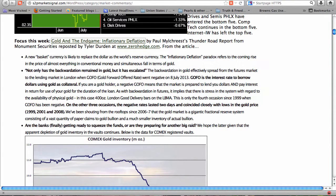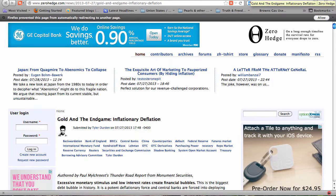Focus this week: Gold and the Endgame, Inflationary Deflation by Paul Mylchreest's Thunder Road Report from Monument Securities, reposted by Tyler Durden at www.zerohedge.com. From the article, quote, "A new basket currency is likely to replace the dollar as the world's reserve currency. The inflationary-deflation paradox refers to the coming rise in the price of almost everything in conventional money and simultaneous fall